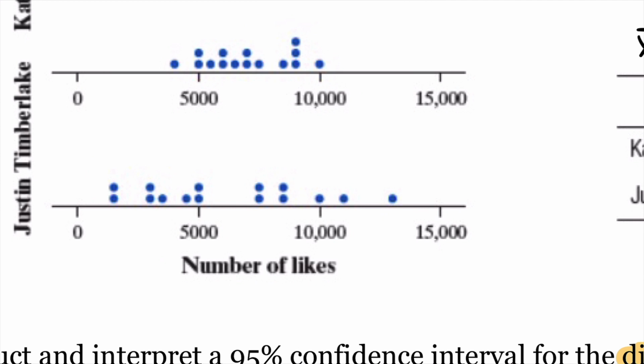So we already have a graph, so we don't have to graph this. You guys don't have to graph this, it's already graphed. The dot plot is one of the options. Dot plot or box plot. I always do box plots because that'll also tell you about outliers. But just looking at the graph, do any of those blue dots look like they could possibly be outliers? No. The farthest right, Justin Timberlake? This guy right here? Yeah. It's far, but is it that far away from everyone else? No. I don't consider it that far away from everyone else.